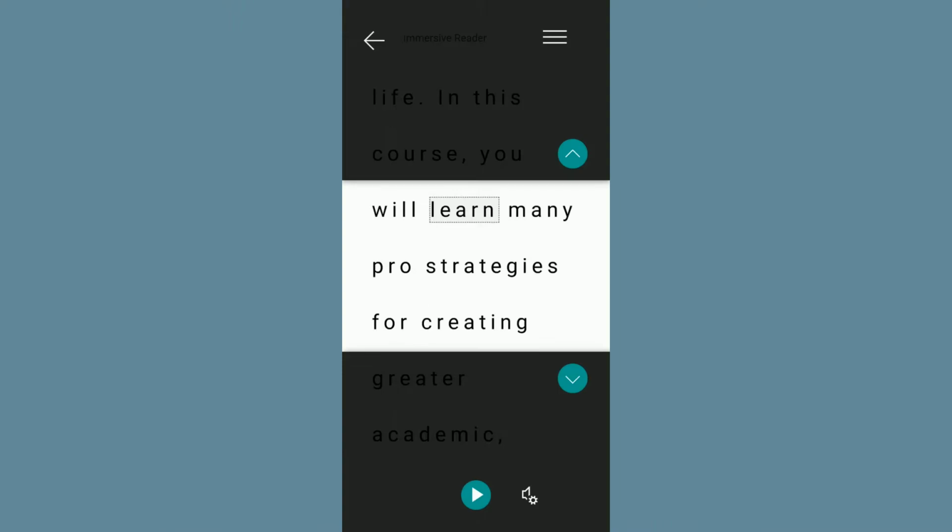So as you can see, it now blacks out all of the screen except for the 3 lines right around where I'm reading. This is a great tool for people who get distracted when there's too much text on the page because it helps you really focus on the words that you're seeing.